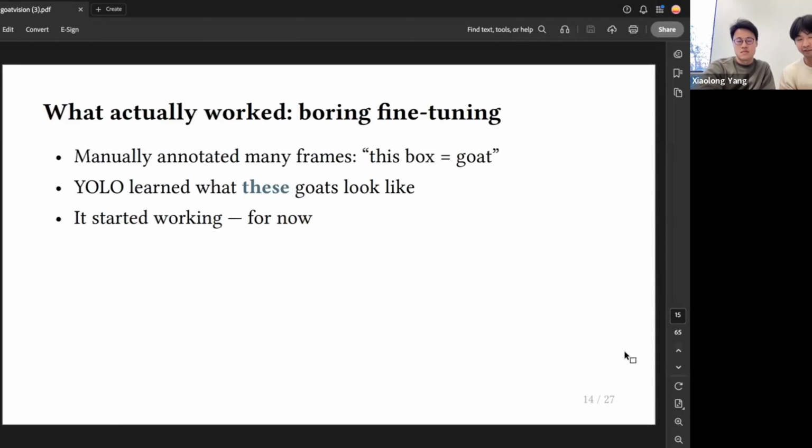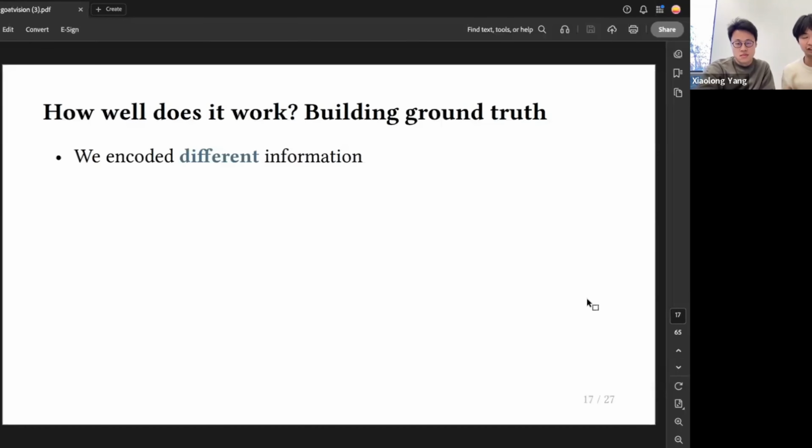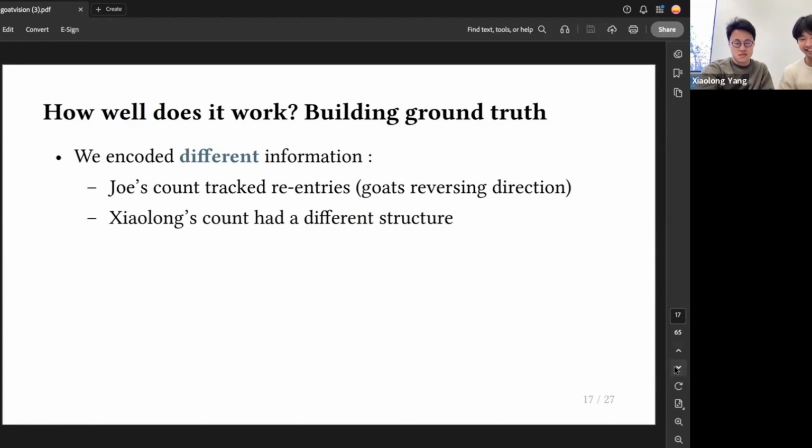But the other important thing for all this AI and machine learning in general is that it needs a benchmark to know how well it's doing. When it's tuning little things inside the model, it needs a direction to know if it's going the right way. If you don't have this, it's like asking you to go somewhere without giving you any directions. You don't even know if you're headed warm or cold. So we needed a ground truth, which means understanding exactly how many goats there actually were in the video.